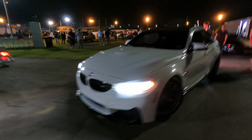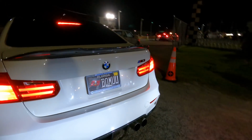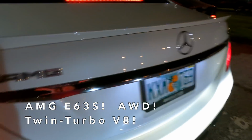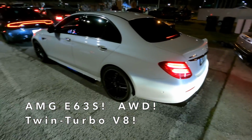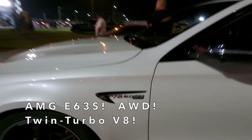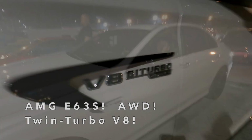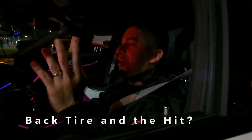We got a BMW M3 here. We saw this AMG the other night, and we said he needs to come back with a helmet on. And he did. Twin turbo V8, all-wheel drive. So just the header, you need the back tire as well. I don't know, whatever. Just give me